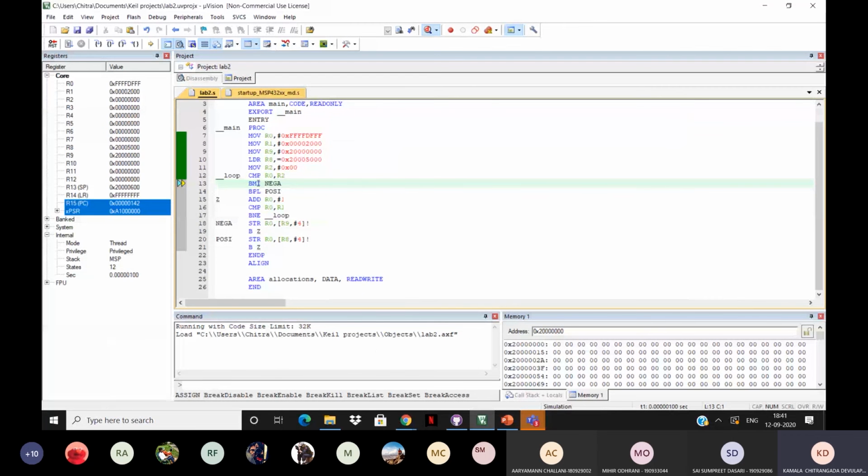So BMI is a condition in case your negative flag is set. If it is set, then it will jump to this loop, which starts with a negative as I indexed it here, and then this loop will be processed. Let's say my negative flag is not set and it goes to this loop, positive number, then this command will be executed.